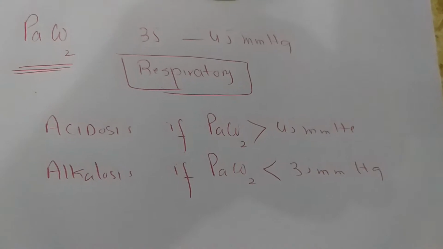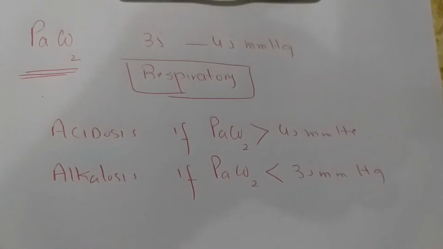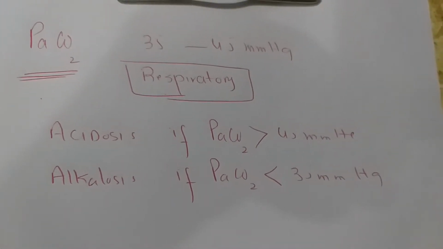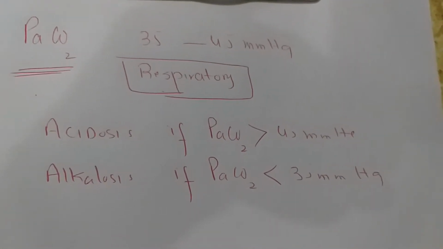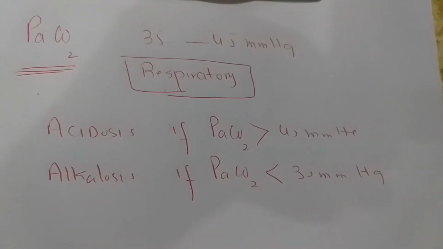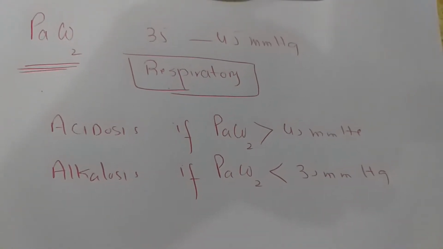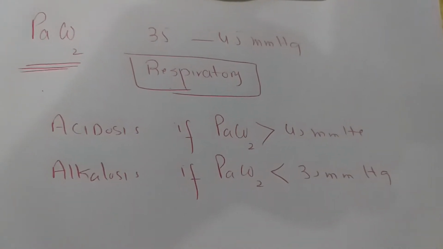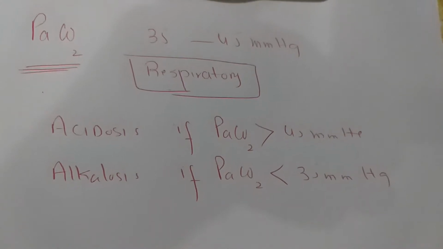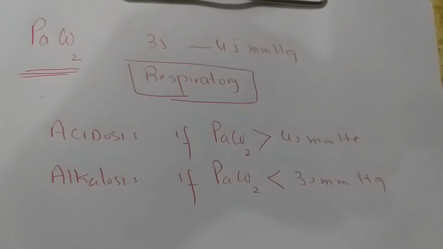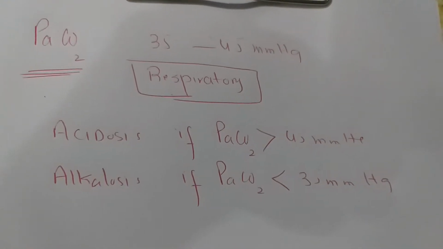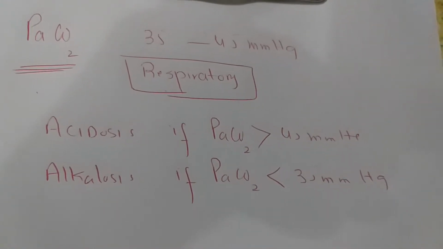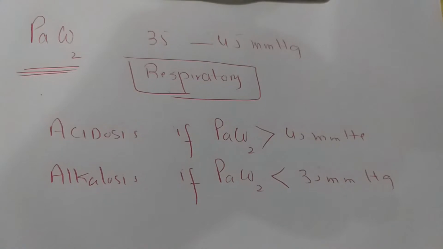Carbon dioxide is produced in the tissues or in the body, and the lungs get rid of this carbon dioxide. And when we talk about carbon dioxide or its partial pressure, the most important thing, even in the lungs, are the bronchioles, bronchi, and trachea, the respiratory tract of the body. The normal value of the partial pressure of carbon dioxide is 35 to 45 millimeter of mercury, and every condition